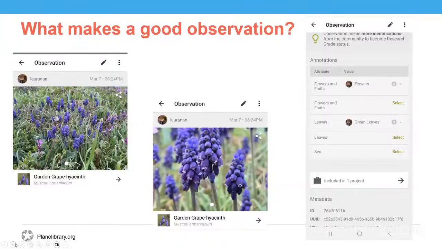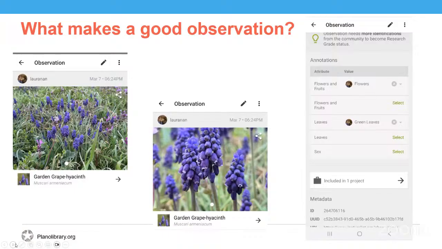Include something for scale. So if you think the scale might be difficult to gauge from a photo, you can add a coin, a ruler, or a pencil to it to help measure the scale. And take photos of the plant that are either in full shade or full sun so that the patterns and colors are easy to recognize. And of course, never remove parts of the plant like leaves, seeds, or flowers.